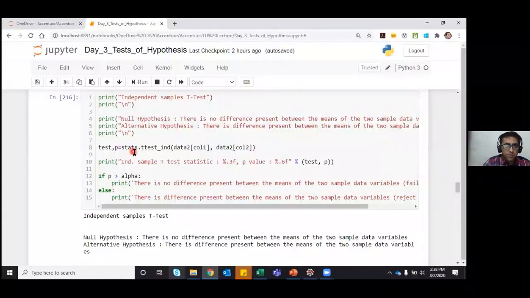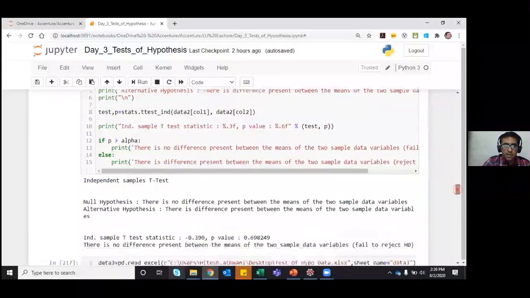And only two columns when we need to use the independent sample t-test, and the syntax for that is stats.ttest_ind. Again, this test returns two values, the test statistic and the p-value. For the columns, I have kept height 1 and height 2, assuming that they are from two different groups. So the heights that I have taken are from group 1 and from group 2, and we are performing the independent sample t-test on both groups.